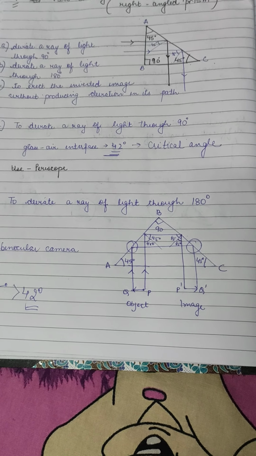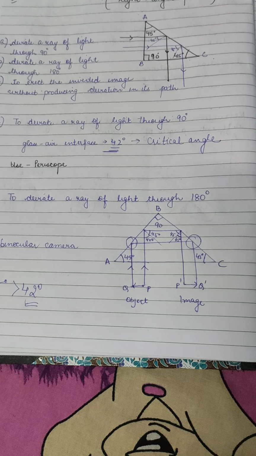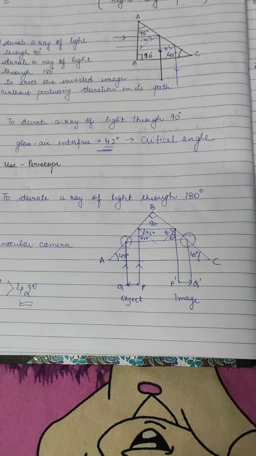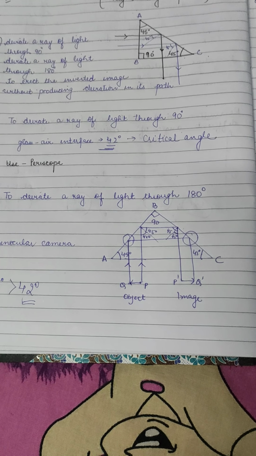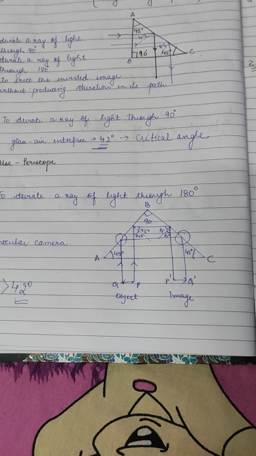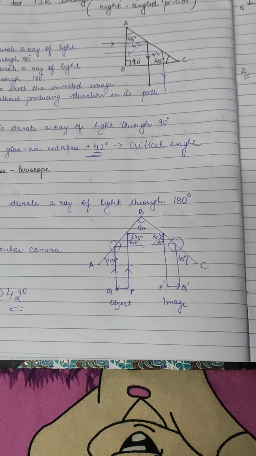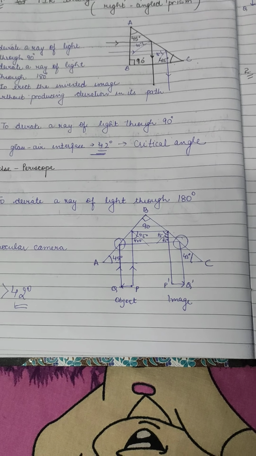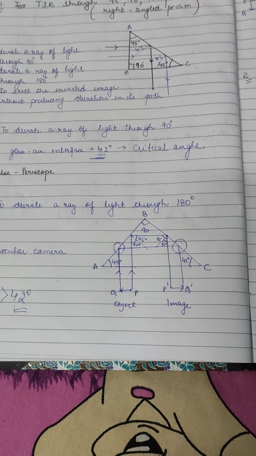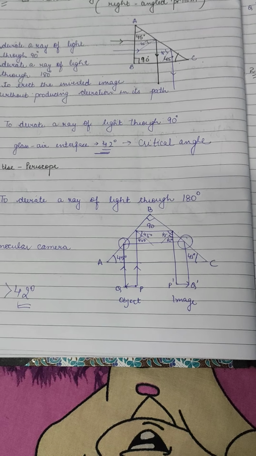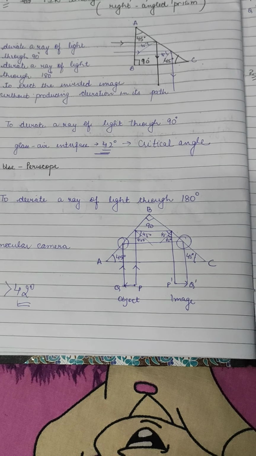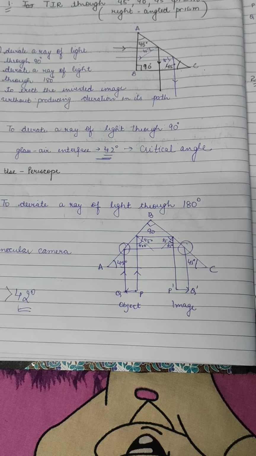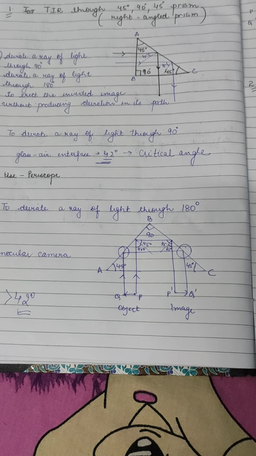the side AB of the prism. Since it is making an angle of 45 degrees here and the glass-air interface has a critical angle of 42 degrees, it suffers total internal reflection. The similar thing happens at the face BC also. Again it's making a 45 degree angle, but the glass-air interface has 42 degrees, so it again suffers total internal reflection. The beam of light inside the prism now falls normally on the face AC.